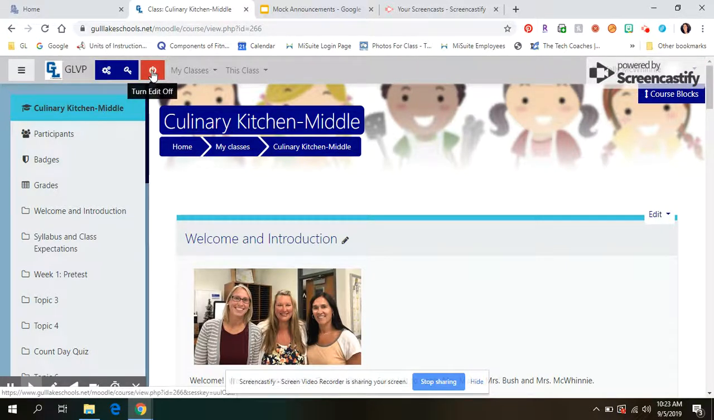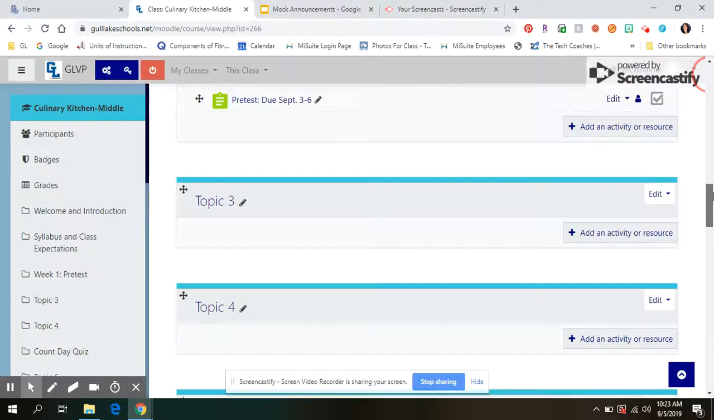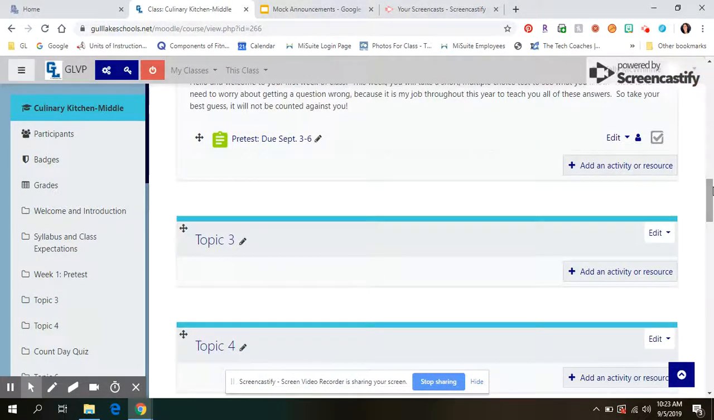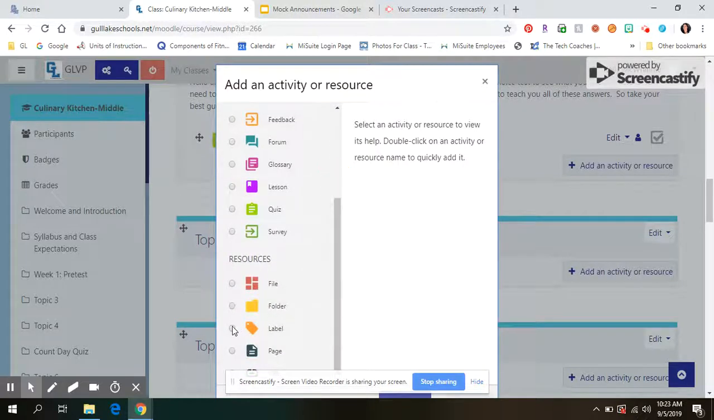So up here I've got my edit on. I'm going to come down and pick where I want them to be. You can pick wherever you want. It's just got to have this add an activity or resource button. And I'm going to click that. Scroll down to where it says label,